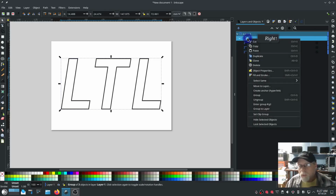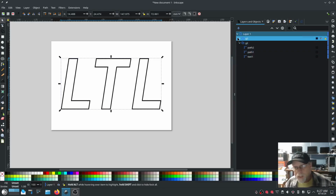Now I want to duplicate this group. Duplicate. Now I have another group doing the same thing. I want to make sure that the machine doesn't just do the first set of running stitches and go straight into the second one. I need it to stop. And since my machine doesn't recognize Inkstitch's